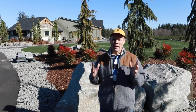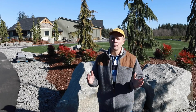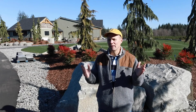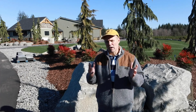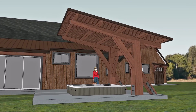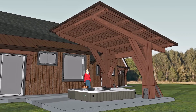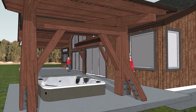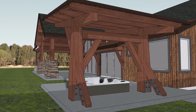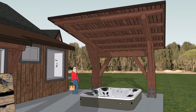Hey, if you want to see one idea that never made it past the drawing board, but it's really cool, that you could use for a future idea or just to kind of know about it, I'm going to show you some shots of what might have been: a cantilever jacuzzi cover. It was cantilevered so it didn't block the view from a master bedroom. Again, necessity is the mother of invention, is how these ideas really come to be. And this is just really cool. So take a look at it,